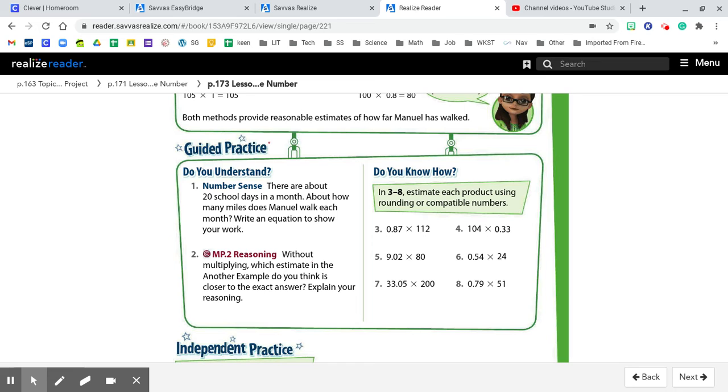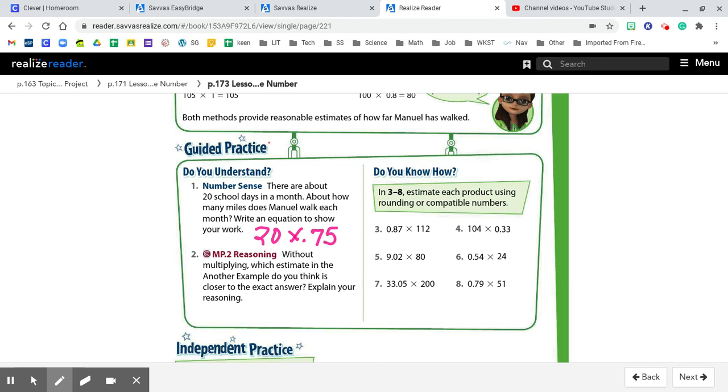Do a little guided practice here. There are about 20 school days in a month. About how many miles does Manuel walk each month? Write an equation to show your work. So as you're looking at that, you are probably thinking, well, 20 days times 3/4 of a mile